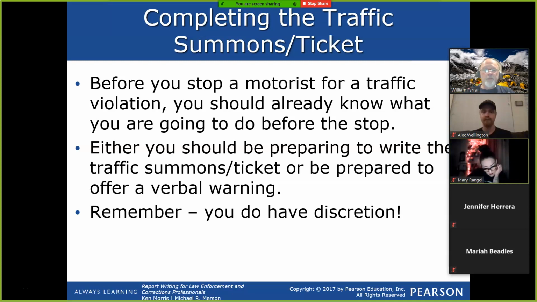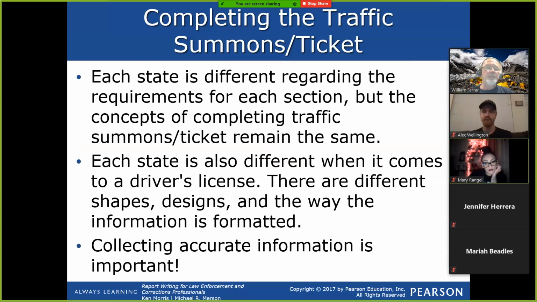But you should already kind of know what you're going to do. Either you should be preparing to write the traffic ticket, or be prepared to give a verbal warning. You're not going to spend half an hour up there at the window chit-chatting, but do remember that you have, again, discretion. Each state's a little different, remember, regarding the requirements for each section,